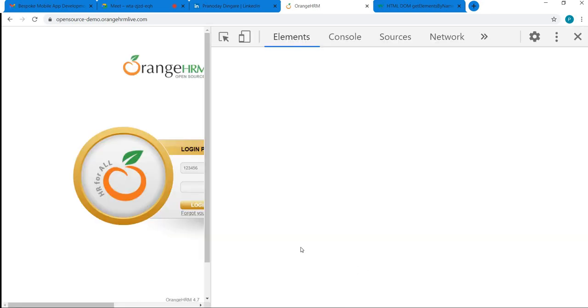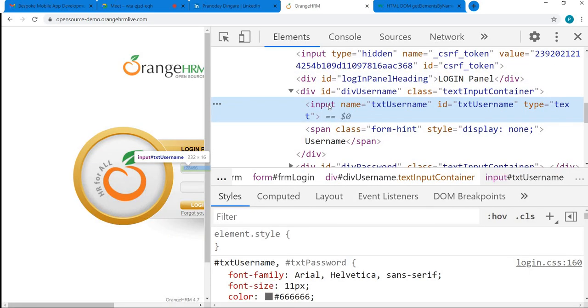unique values, right? So here for this element also you can see the input has a tag name equal to txtUsername. If the developer wants to implement a client side validation on this, he can identify this element using JavaScript getElementByName txtUsername, then retrieve the value entered inside it, and then apply the logic to do a client side validation.